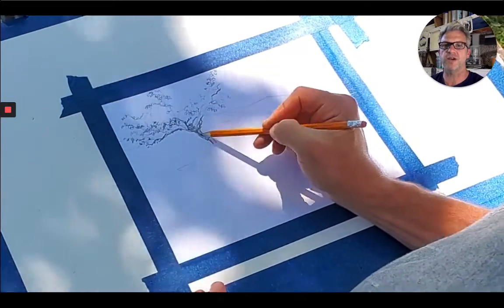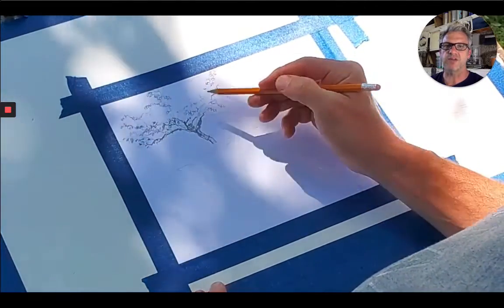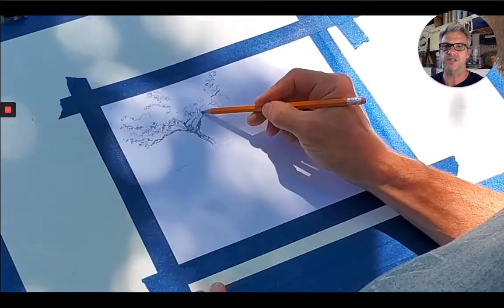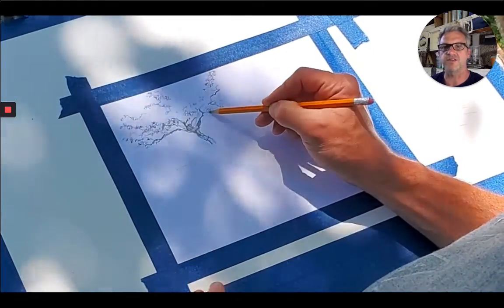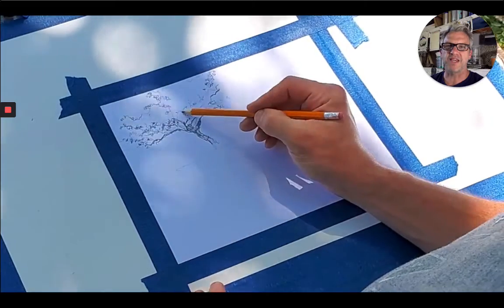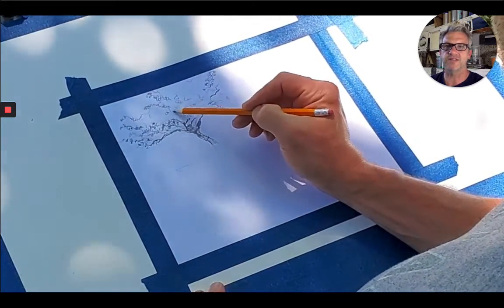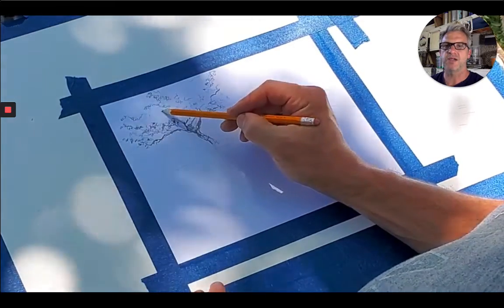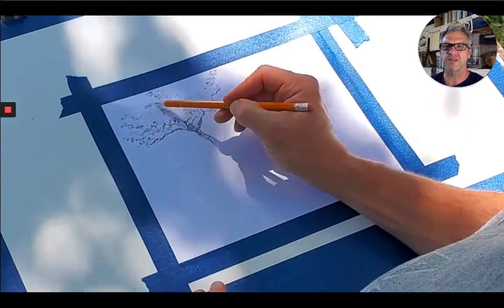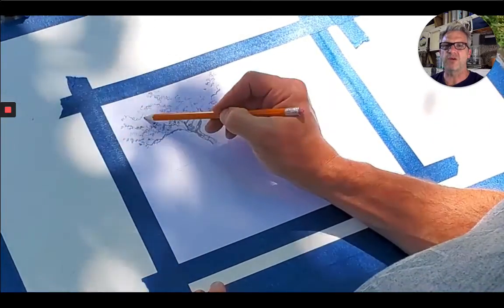Again, this is a very quick drawing. I think this drawing overall took me about 30 minutes when all is said and done, and I'll speed it up just a little bit. I won't make you sit through me talking the whole time. But since this is my main sort of subject, although I do want to fill out the rest of this composition well, I wanted to take my time with this and really figure out what the overall form of this